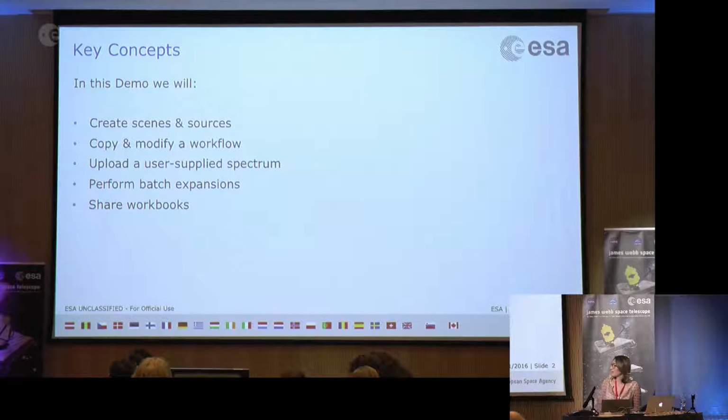It's just a couple of slides to give a little overview of the kinds of things I'm going to look at. So just going to create scenes and sources just to set up calculations. I'm going to show how you can copy and modify workflows, upload user-supplied spectrum, and then use that in a calculation, so how to do that properly. Demonstrate the batch expansions function, which is a very useful feature of the ETC, and also how you can share